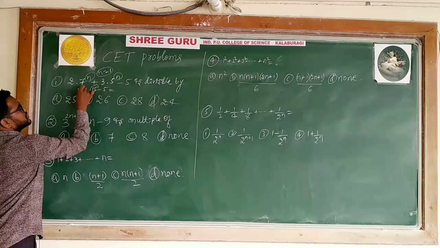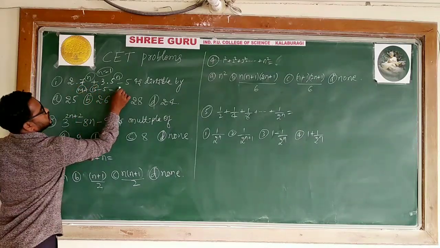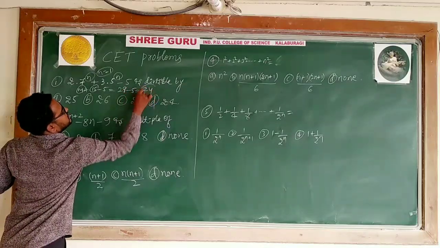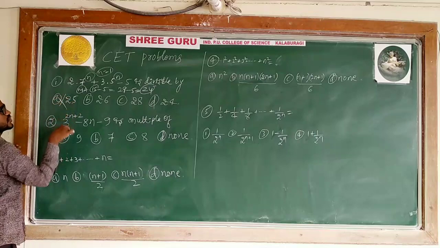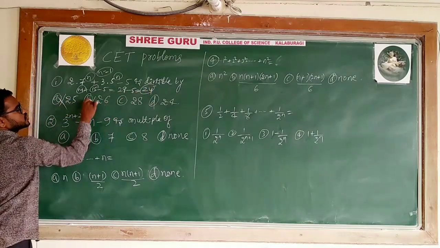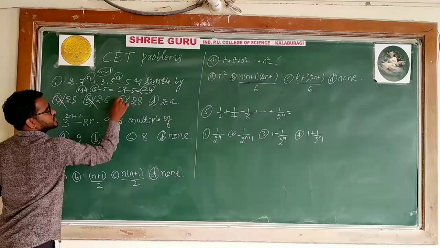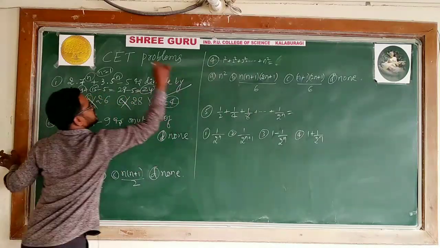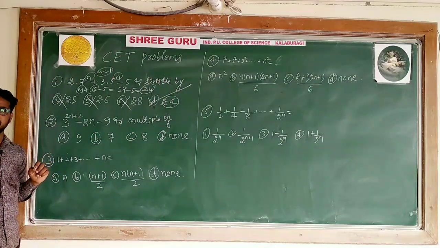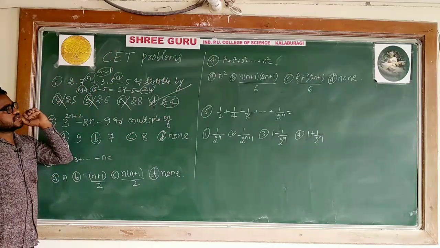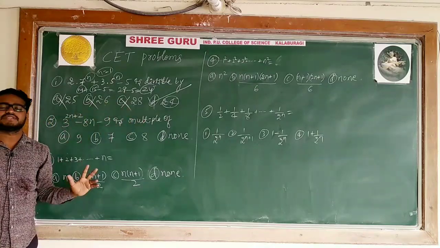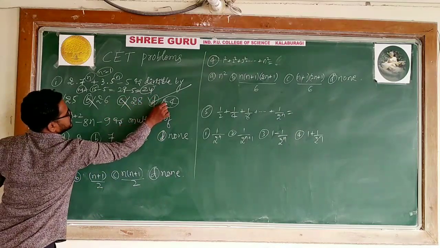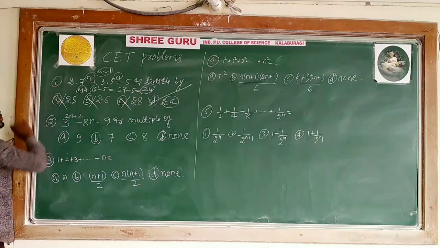15 plus 14 is 29. 29 minus 5, how much will you get? 24. Is 24 divisible by 25? No, it is not an option. 24 is divisible by 26? It is not an option. 24 is divisible by 22? It is not an option. 24 is divisible by 24. This is the correct option. It's so simple. I took n is equal to 1, and in that case you will get one of the numbers as divisor. According to that, you can decide. So which option is this? D is the option. So the first question is over.